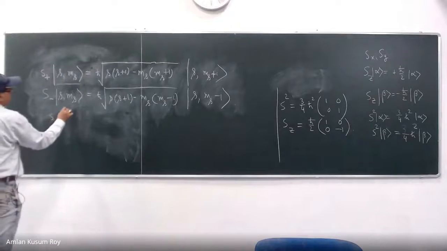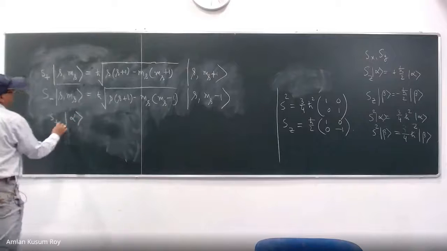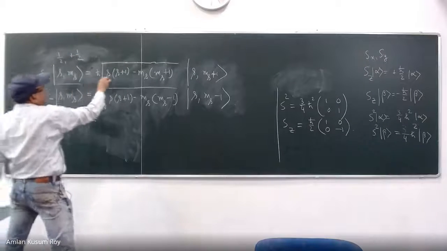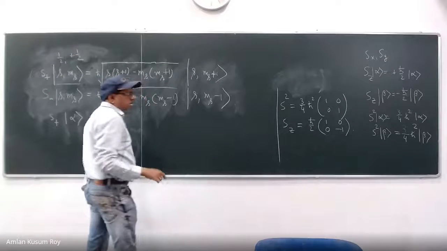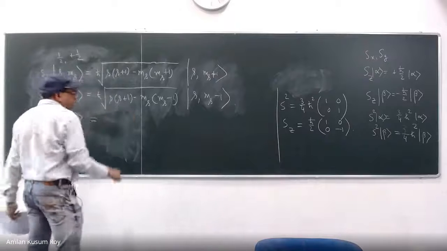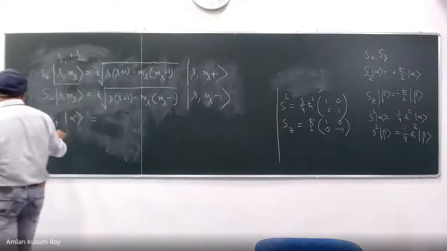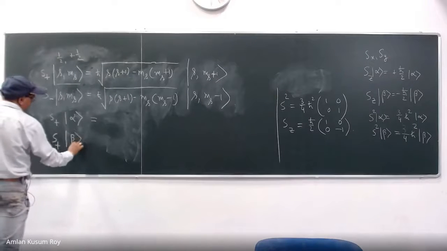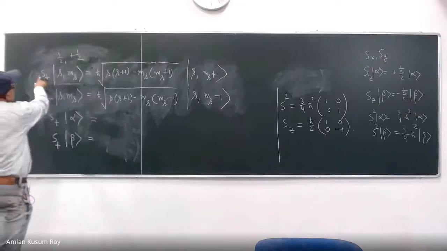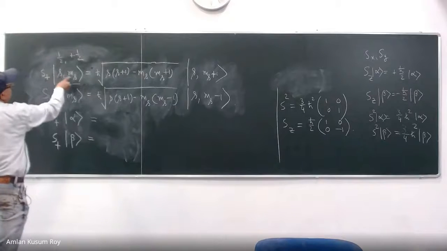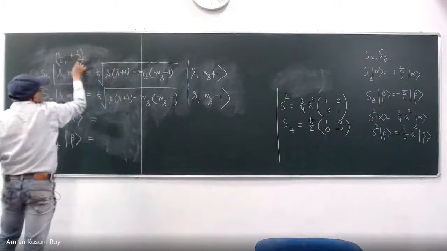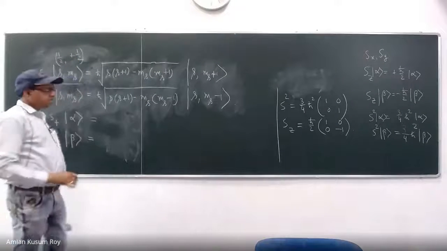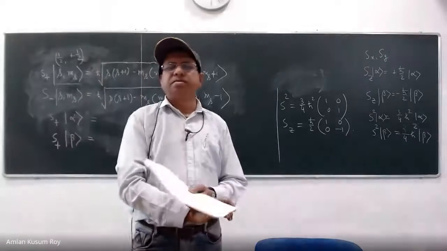I want to find out what happens to S plus on alpha. And how do I find out? Alpha means S is half, MS is plus half. So you put the S and MS values in the right hand side and tell me what is going on. Similarly, you do for S minus. So S plus alpha, S plus beta. Beta means you put S half, MS minus half. So first do this exercise with half values of S and MS. Tell me what is the right side. What should I write in the right hand side?